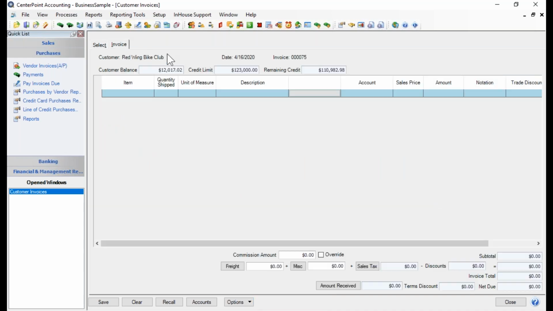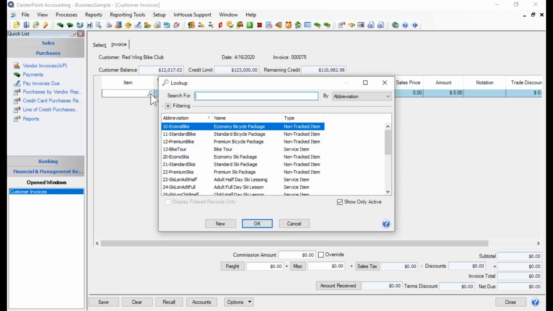tab. The invoice tab, remember I said that the customer balance, credit limit, and remaining credit would be repeated at the top of this tab, and it is. It's also repeating who the customer is that we're working on, the date of the invoice, and the invoice number. But this is where I'm going to enter in the detail of the different items that are being sold on this particular invoice. So I can either go ahead and look up those items by clicking on the lookup here,